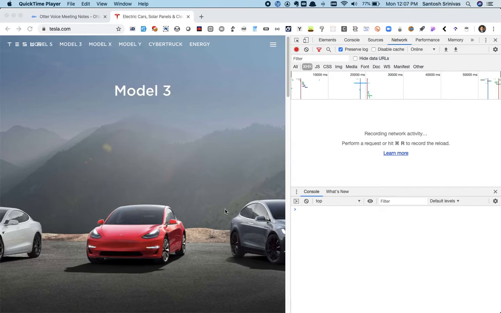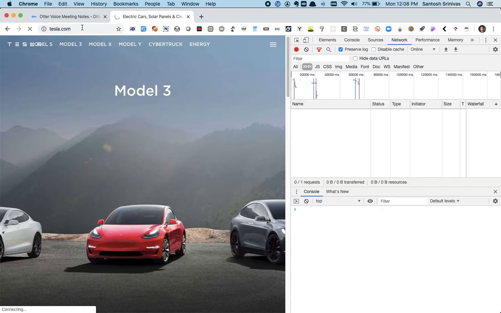So first things first, let's look at the Tesla example. First I've launched the tesla.com website here, and I'll show you how they're putting information similar to the information that is provided by IPinfo, most likely using a different service. A visit to tesla.com